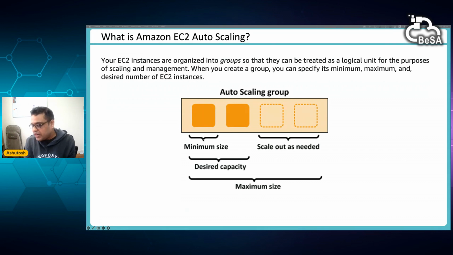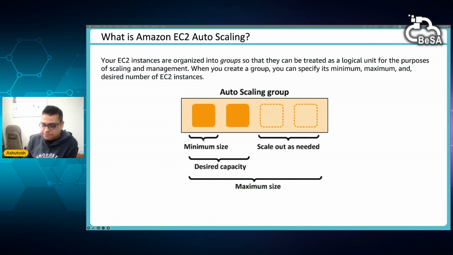If we don't define a minimum, then if these servers get terminated, the auto scaling mechanism will not mitigate it, right? So if you did not put the minimum number, suppose here in this case one, the auto scaling mechanism will not know that we need to maintain the minimum number, and it will not try to spin up a new instance because you did not mention the minimum number, right?